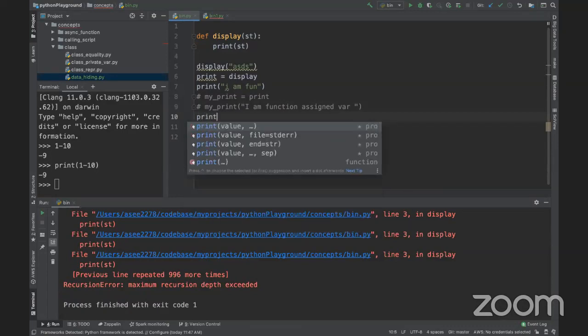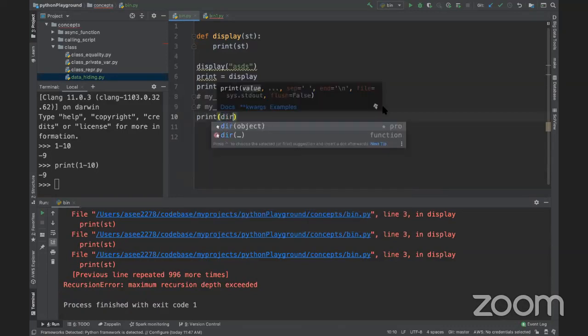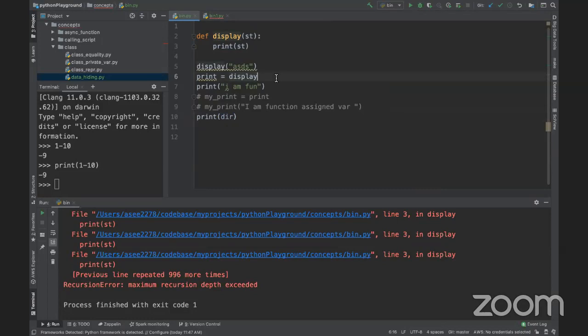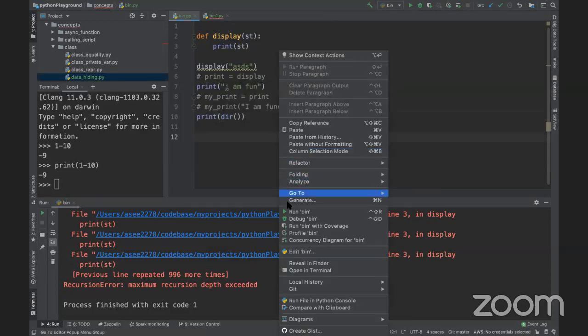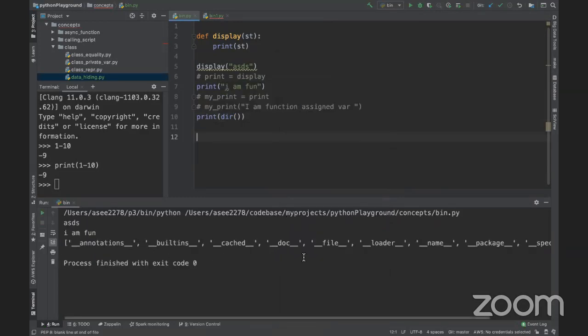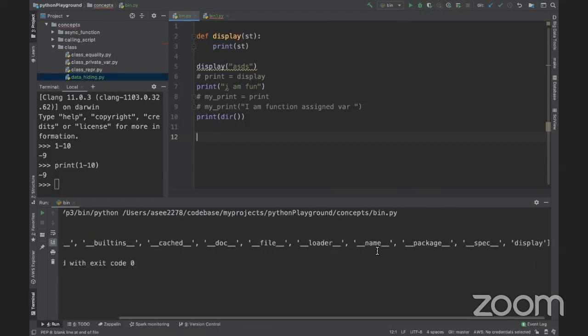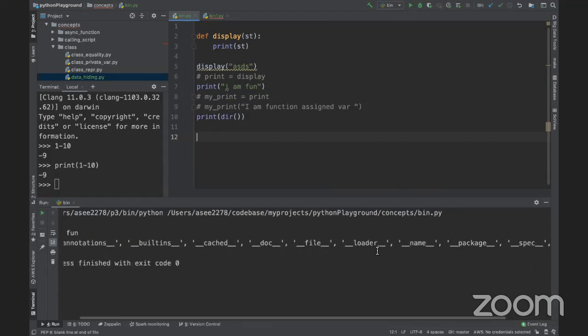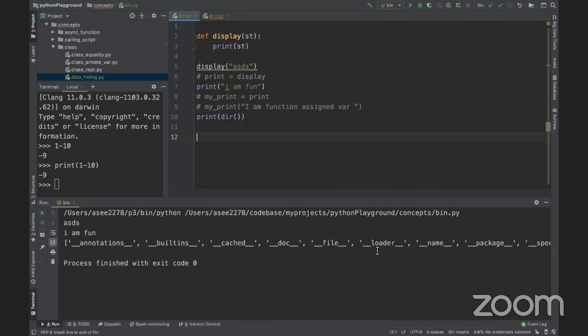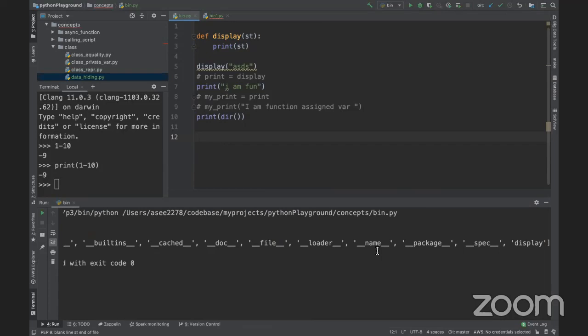So we will do print, we'll do dir, we'll not do this over here, and let's see. So we have all these different functions, right? So what we are going to do is, we were trying to override the print function. Instead of that, we can override some other function,